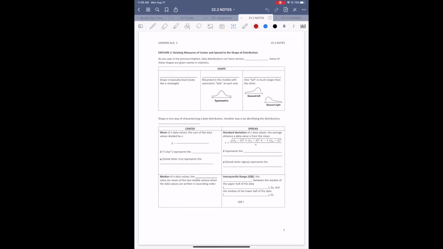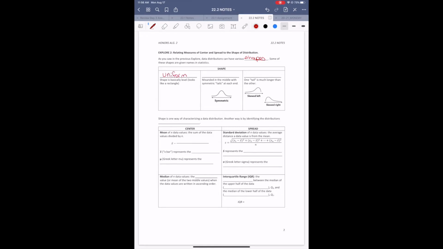Okay, so looking at those measures of center and spread and the shape of distribution, we just discussed how the data distribution can have various shapes. We saw that one of them was evenly distributed. We saw that one had a mound in the center, and we saw that there is data that can have mounds to the left or right of the center. So first of all, a uniform shape